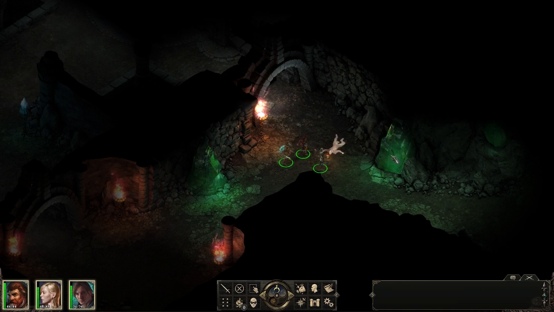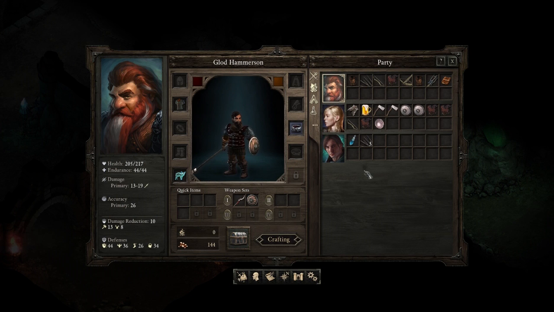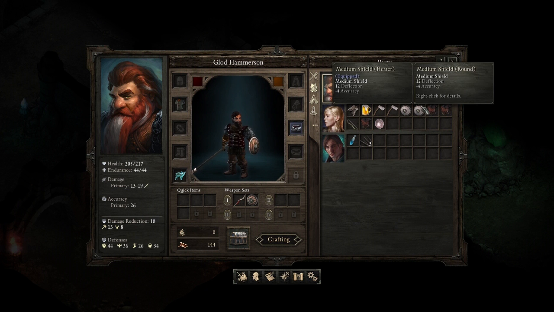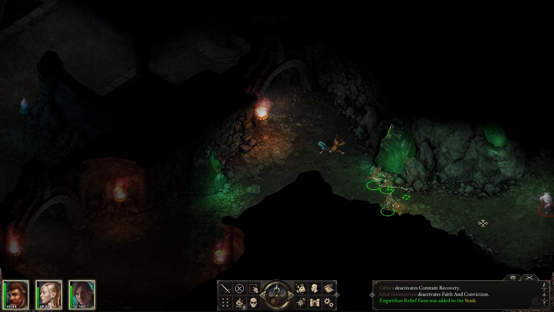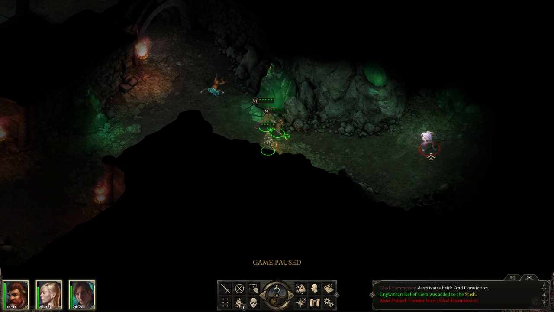Okay, so we got a journal. Let's grab this business. Let's actually check our inventory for a second. It does not look like there's encumbrance here. It's just inventory slots, which I'm actually pretty okay with. And we've got Skull Deer Whelps. I really wish you could actually read